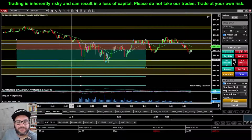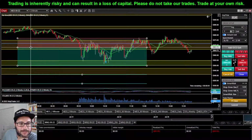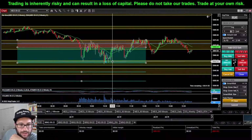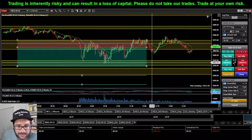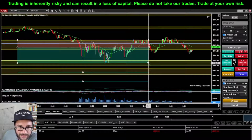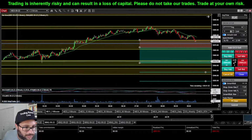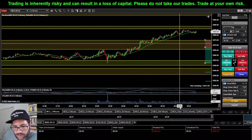Something I could have done a little bit better is really, I could have gotten a better entry. Ideally, I would have gotten in up here and been able to have tightened my stop a little bit more, which would have brought my first target up to within this zone. What I didn't like was, after I set the trade, that my first target was beyond this zone, and the bottom of this zone is the overnight low. Ideally, if you remember in the recap, I wanted to target out right here at that pivot low, which wasn't the overnight low. The overnight low is a little bit further back. That's the overnight low, but this was my zone. So ideally, T1